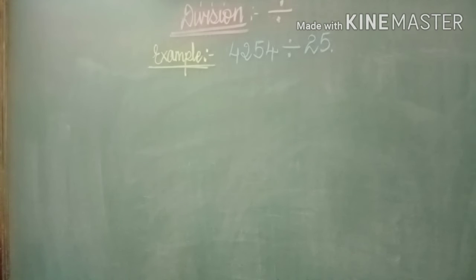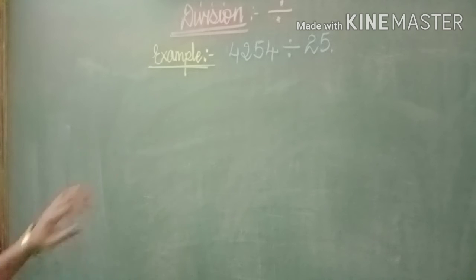Okay students, we are going to start with the example given in the textbook, page number 18. Let's see the first example, and we are going to solve it here, before solving problem set number 15. Now here they have given the example as 4254 divided by 25. As I have previously told you, in your classwork book or in your rough book, you have to always make a rough side. Rough side means you have to write down the tables.